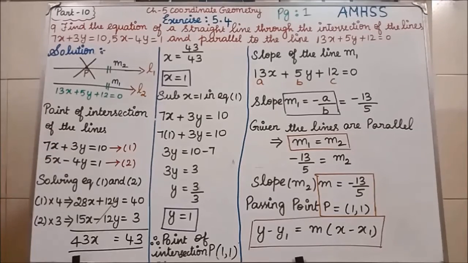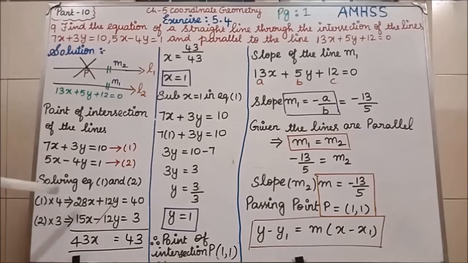For that, see, I am multiplying equation 1 by 4, and I am multiplying equation 2 by 3. Clear? So, why are we doing it like this? If you multiply 4 by 3 and 3 by 4, the same answer will come, 12 and 12. So, immediately we cancel that 12, and then we can easily find the x value. Instead of cancelling y, you can do x also. You can multiply 5 by 7 and 7 by 5. That also you can do. Okay, but whatever method you follow, you have to get the same answer.